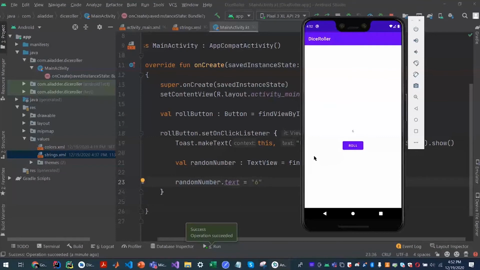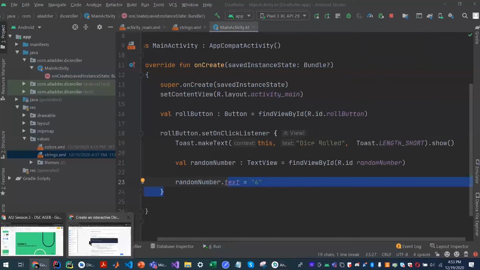So naturally, the next step would be to add that logic, and this is what I meant when I said you can incorporate Kotlin logic today. The standard Kotlin code we wrote in the first code lab, we'll be using it here. We'll create an object of the dice class, call the function roll, and then get the number back and update it here. So let's do that.